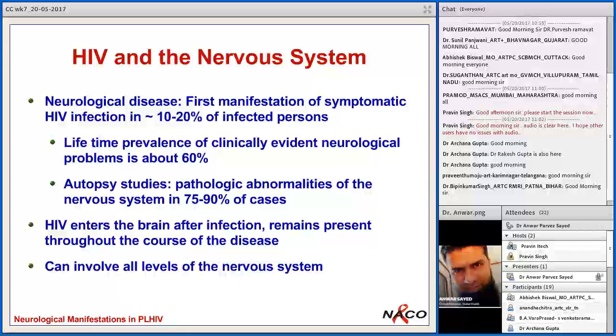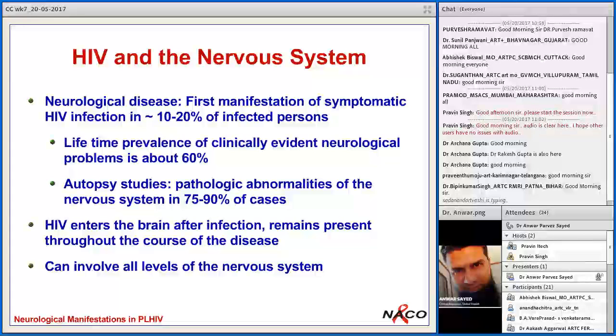We had seen in the previous OI sessions also that if the CD4 count is very low, there will be a risk of serious opportunistic infection. So if you start ART at a higher CD4 count, the risk of OI will also reduce, and this applies to CNS opportunistic infections as well. In general, if you see CNS or neurological diseases in PLHIV, in about 10 to 20%,